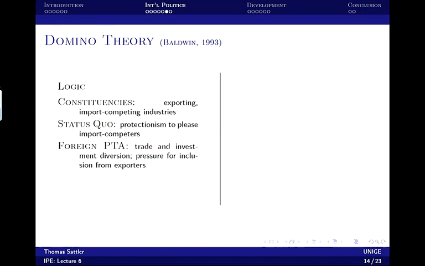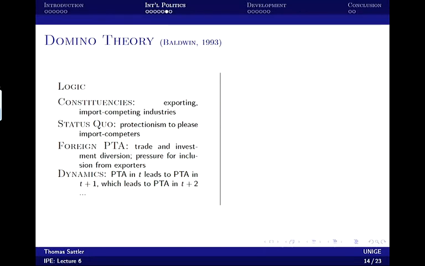So now this mobilizes exporters. So this foreign preferential trade agreement mobilizes exporters in my country because they also want to have a free trade agreement with that other country because they suffer from this foreign PTA. So this means that a preferential trade agreement between two countries, you and some other country, leads to a trade agreement between me and you and me and that third country in the future, right? Because I want to avoid that I'm going to be discriminated.